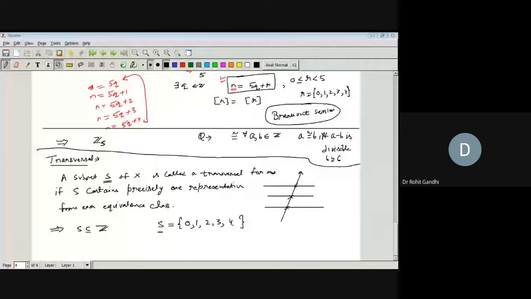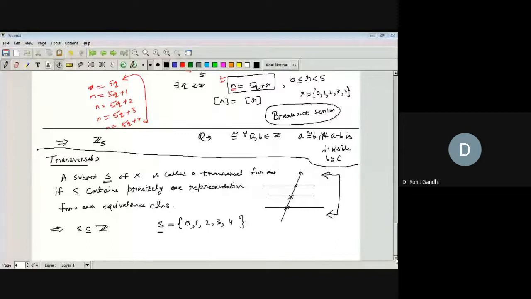Just like the definition I have told you, अगर हमारे पास ये parallel lines हैं and we call this line जो cut कर रही है, that is known as transversal. Why is it transversal? Because it contains one point of each of the lines. So in the similar way, transversal is defined like this, right?